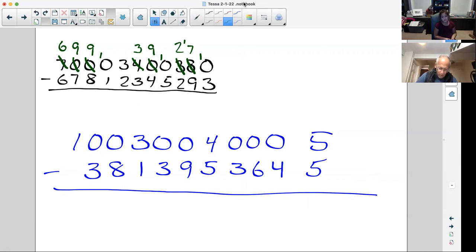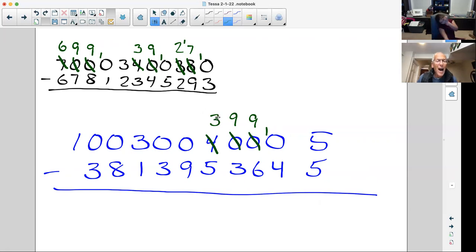5 is for 5. The 0 becomes a 10. We borrowed that from the other 0, which becomes a 9. And then we borrowed that from the other 0, which also becomes a 9. We borrowed that from the 4, which becomes a 3. 0 is too small for 9. So 3 is okay for 5. Wait, no, 3 is too small for 5. So we make it, Tessa,